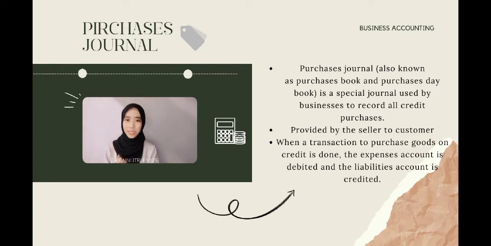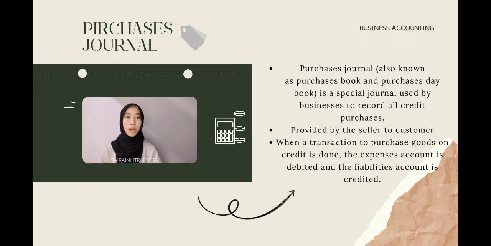So guys, I will start with the purchases journal. What is actually a purchase journal? Purchase journal is a special journal used by a business to record all the credit purchases, which is also known as the purchases book and purchase day book. These purchase invoices are provided by the seller to the customer. Then, when a transaction to purchase goods on credit is done, the expenses account is debited and the liabilities account